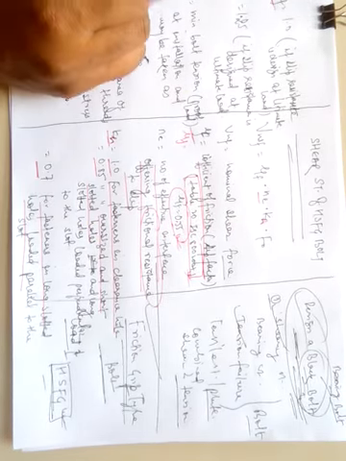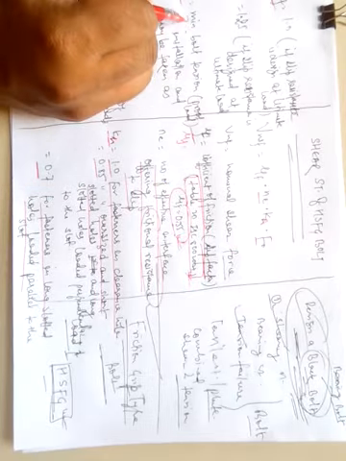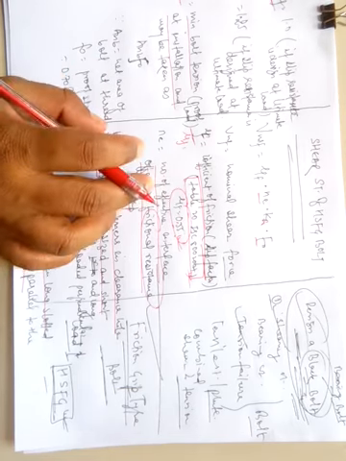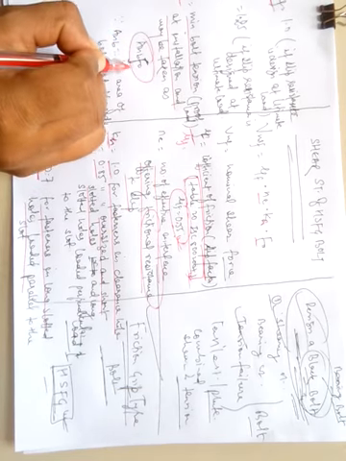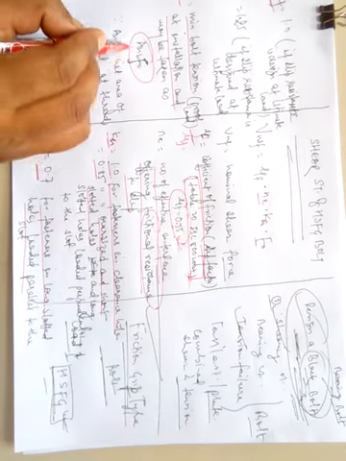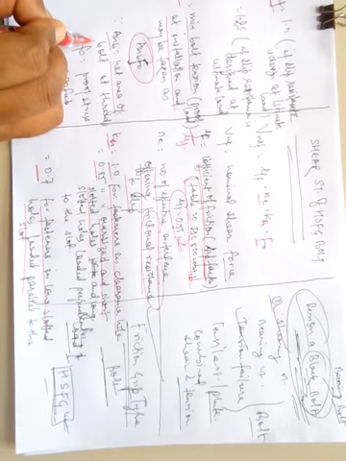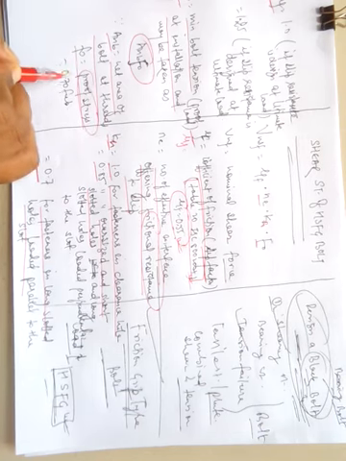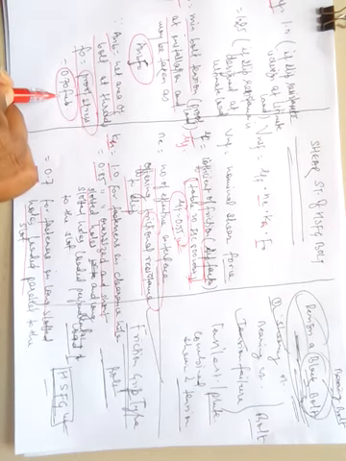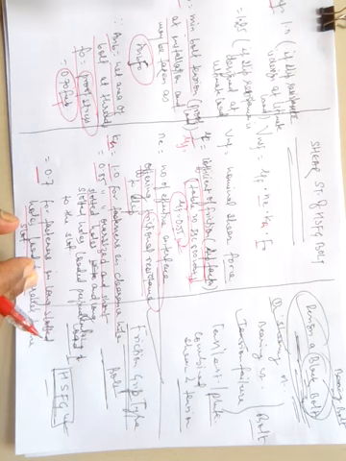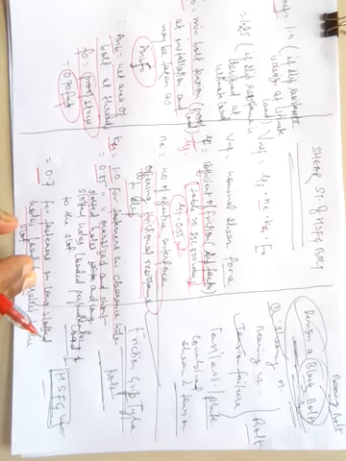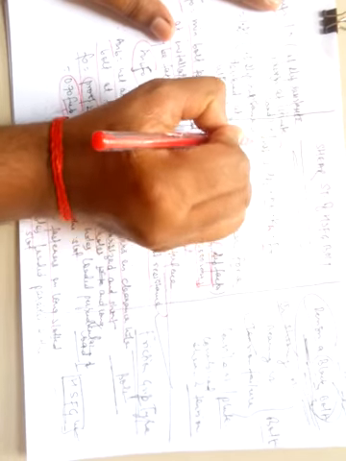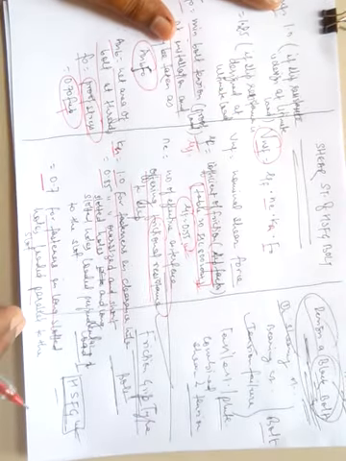Now F naught is the minimum bolt tension at installation. It may be taken as A_nb times f naught, where A_nb is the net area of the bolt at the thread, which we have seen earlier, and f naught is the proof stress, which is 0.70 of fub, the ultimate tensile strength of the bolt. Okay, now that is the nominal shear force.